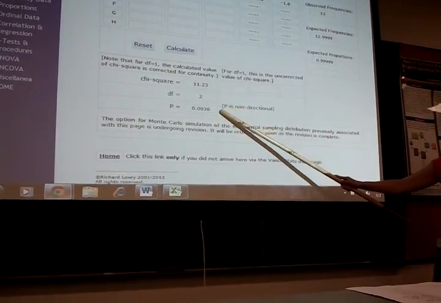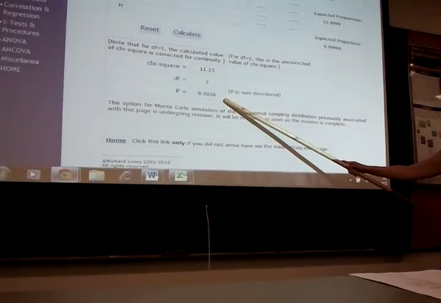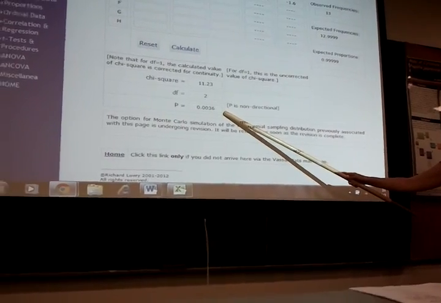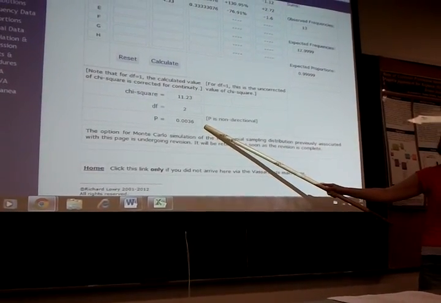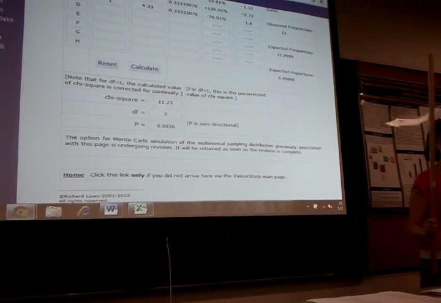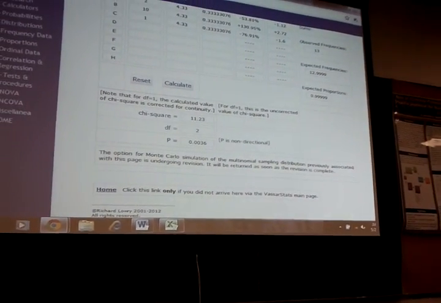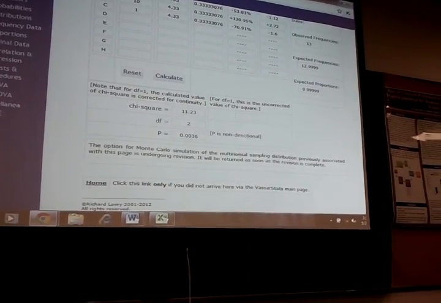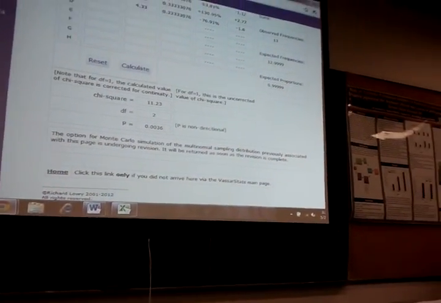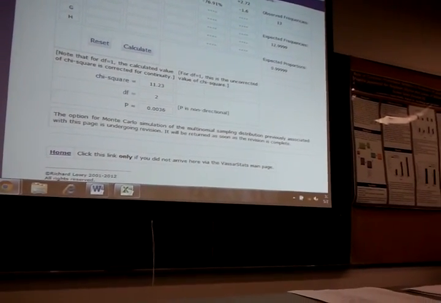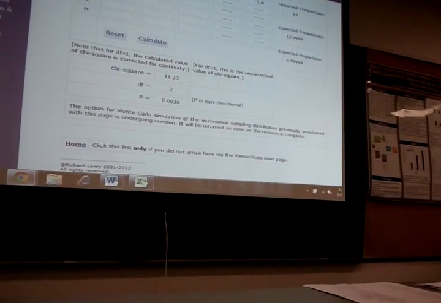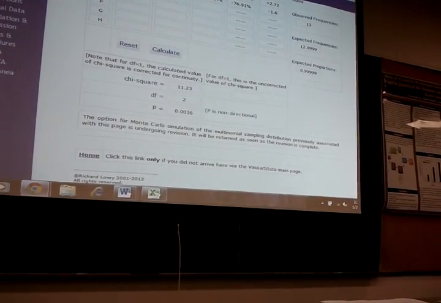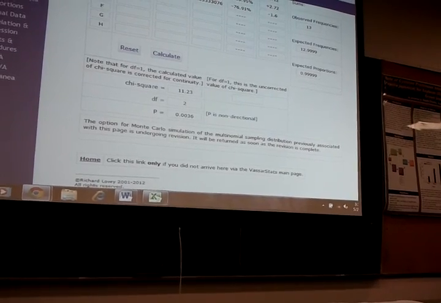So is this significant or not significant? Yes, it's significant. If your p-value is less than 0.05, then that means it's significant, and then you can reject your null hypothesis, okay? So you can say that there is a difference. That make sense? Okay, so again, you have to do these for all